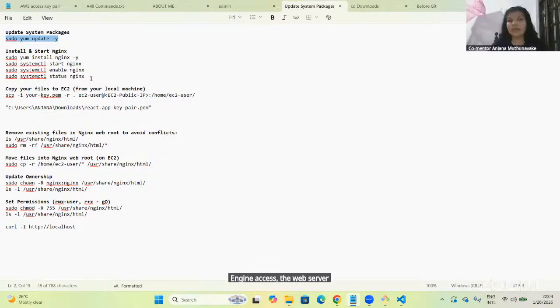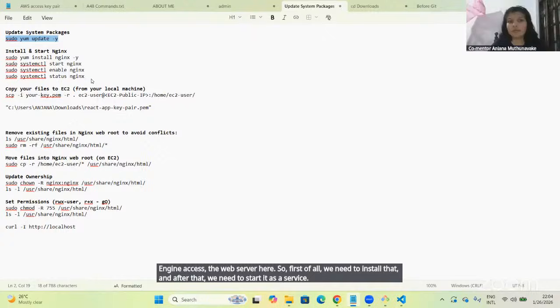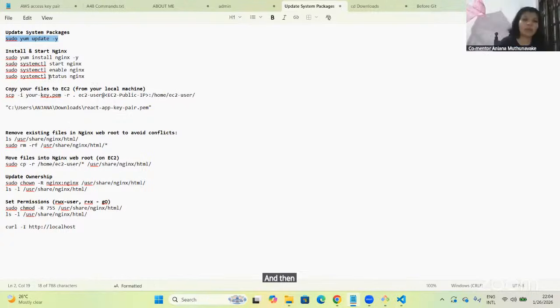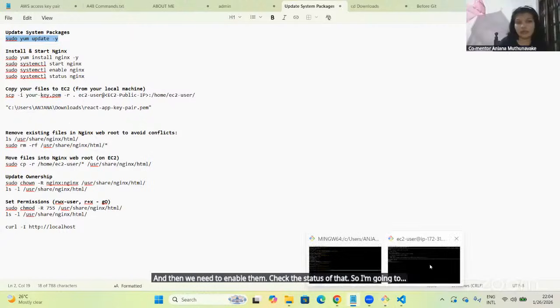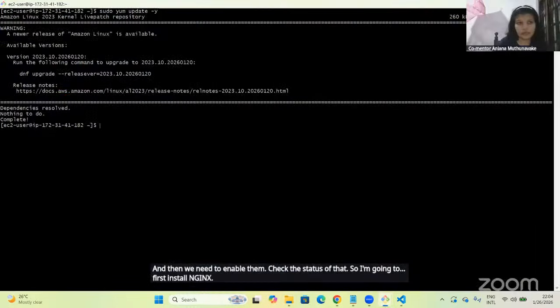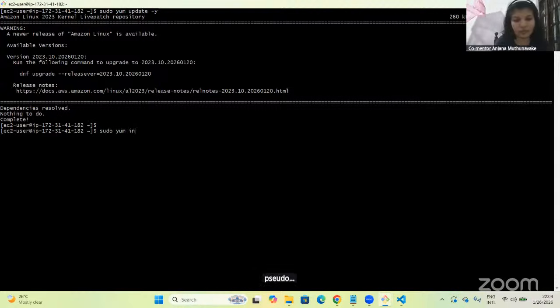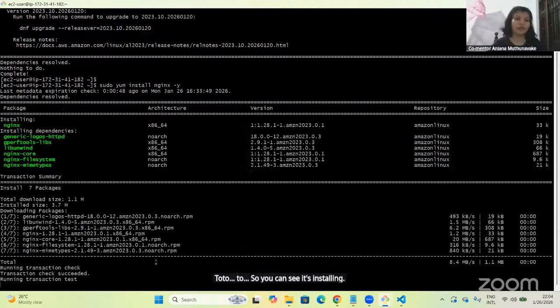So first of all, we need to install that, and after that, we need to start it as a service, and then we need to enable it and check the status. So I'm going to first install Nginx: sudo yum install nginx, and we are giving -y to auto approve. So you can see it's installing. Okay, it has installed,